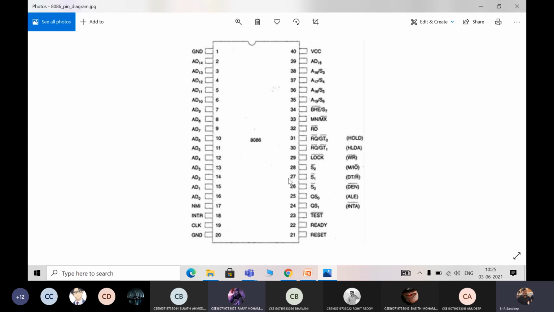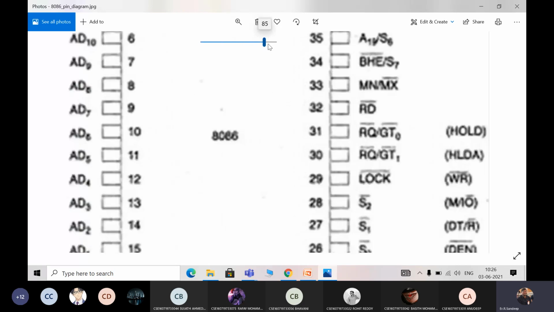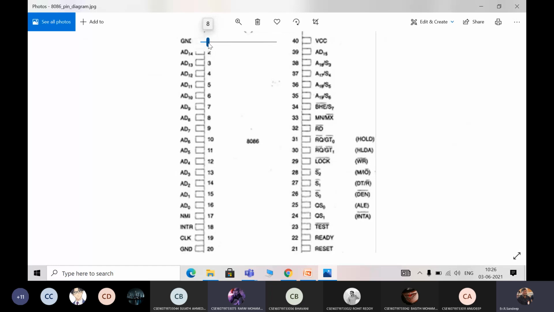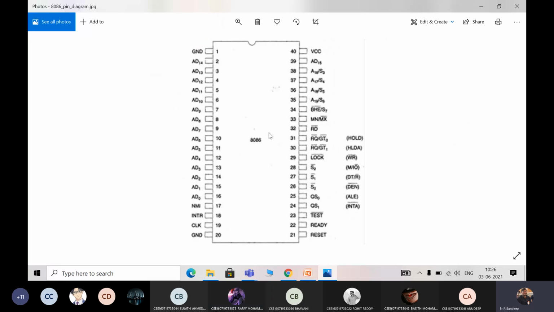And next, each and every pin will have this kind of leg. Let me zoom in. Are you able to see this rectangle box? Yes, sir. Each and every pin has a rectangle box, which is used for representing a single pin. Like that you will have 40 legs. Each one we are calling a leg. So the total is 40 legs in this pin diagram. Sometimes we can also call them signals. Technically we can call them signals. So the 40 legs you have to represent in this way.